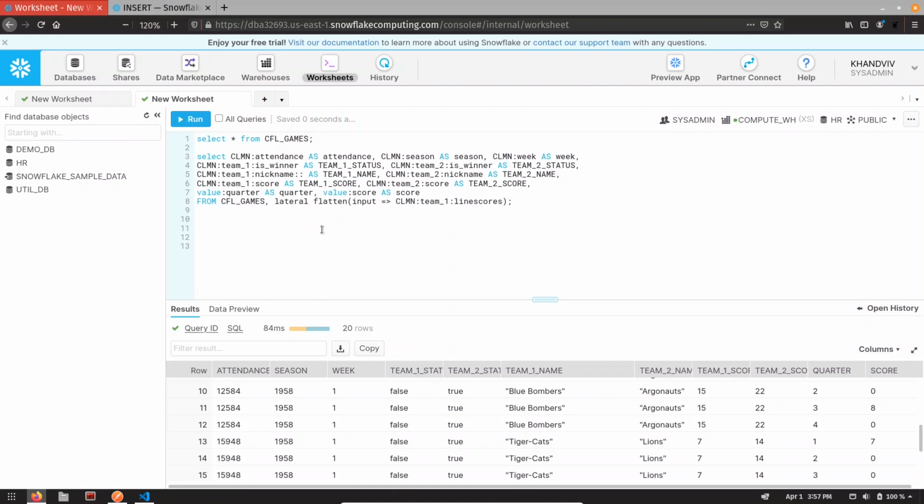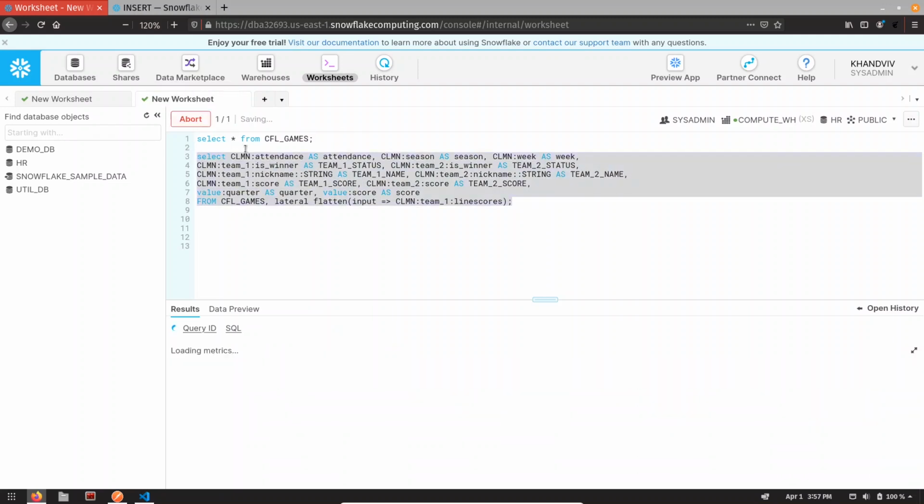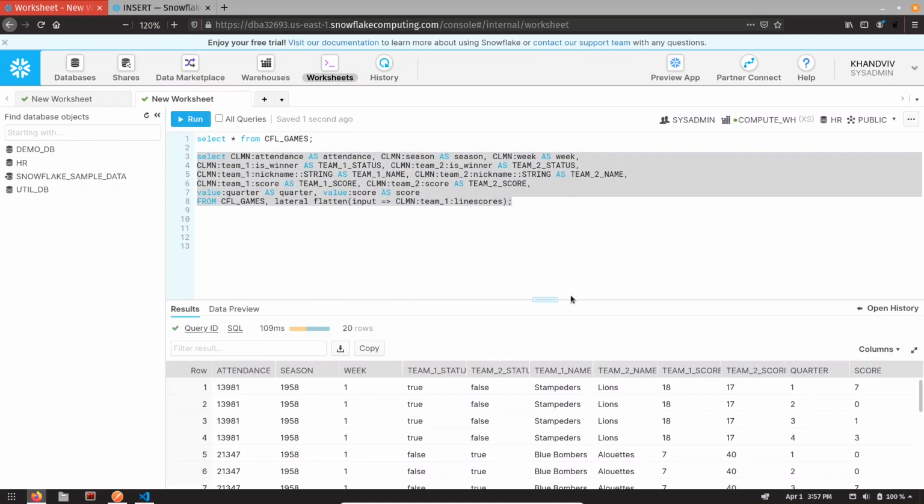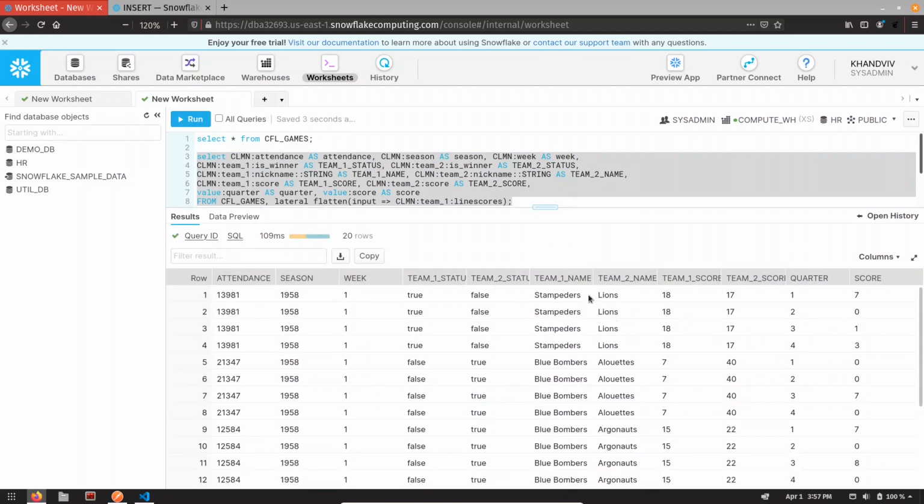We want to convert it into a Snowflake string, so just write string. And the same for nickname of team2. Let me run it. You can see now those double quotes have gone.